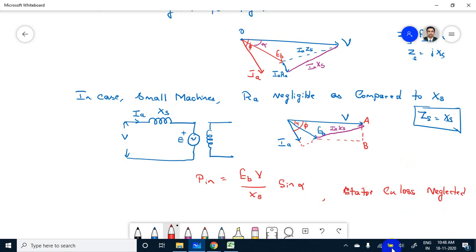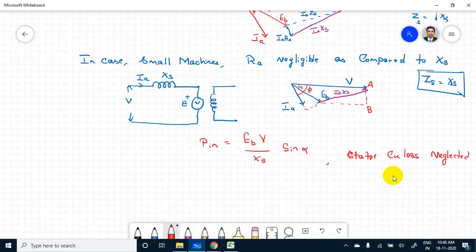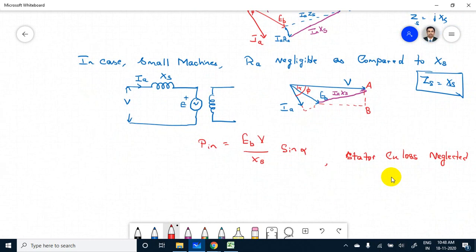Therefore, we get the gross mechanical power developed PM equal to 3, where 3 stands for 3-phase, EB V by XS sine alpha,